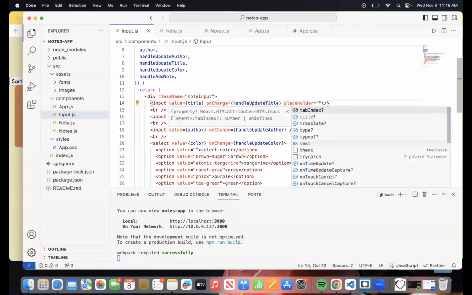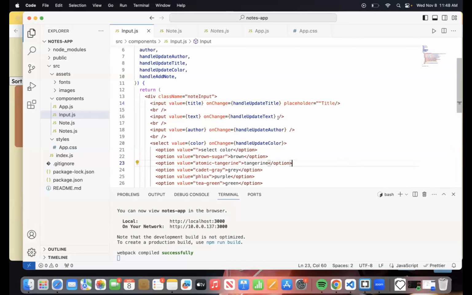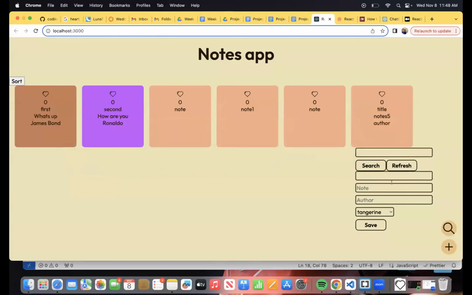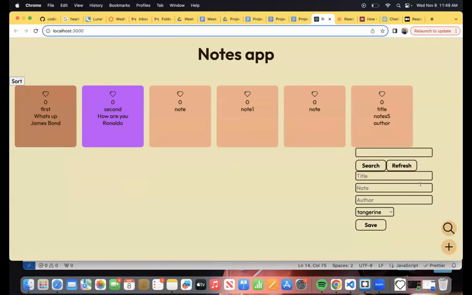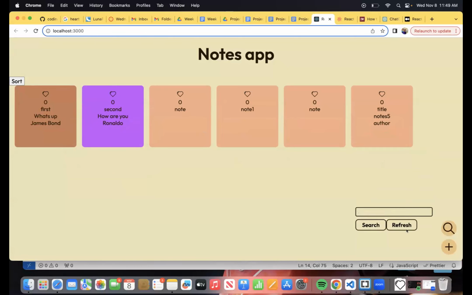So for the first one, I'm just gonna write down title. For the second one, I'm gonna write down note. For the third one, I'm gonna write down author. Let's see if it worked. There you go. Title came up now, so that's good. All right, we don't need this.